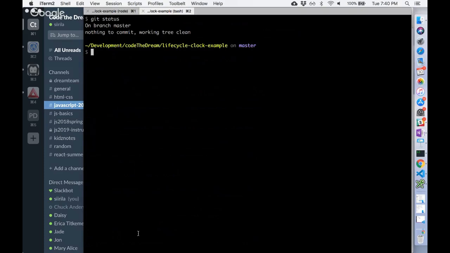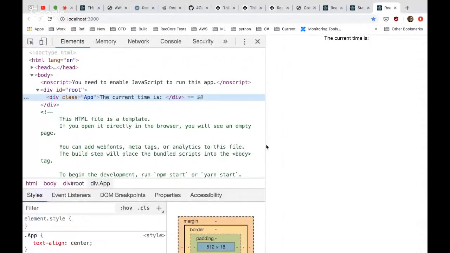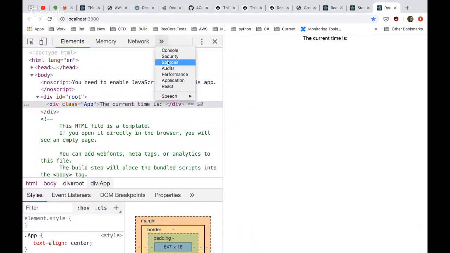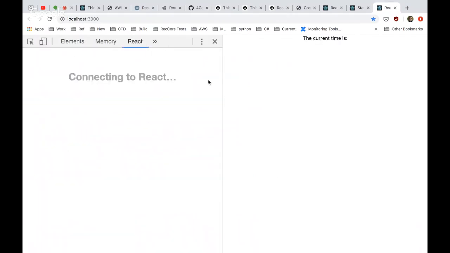And if you're more comfortable using something other than the command line, you don't have to use the command line for git. It's really not a requirement. There's a lot of great GUIs as well. But we're going to build this thing out piece by piece. And I don't want to look at this. I want to look at the React tree here.